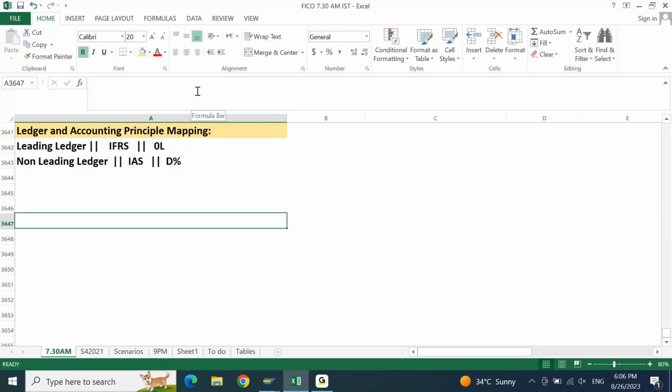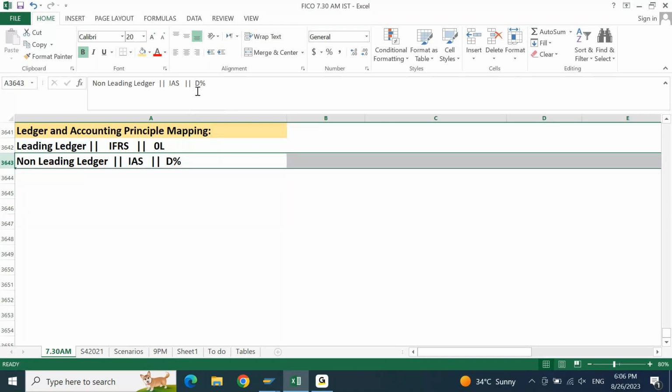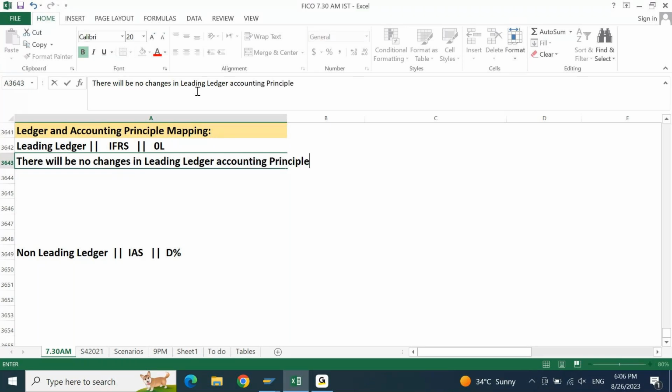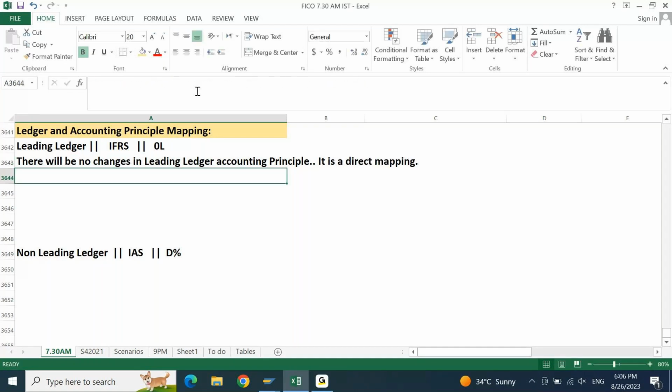Point number one. There will be no changes in the leading ledger accounting principle. It is a direct mapping. There will be no changes in the leading ledger accounting principle. It is a direct mapping, which means whatever the accounting principle you have for leading ledger, it will be a direct mapping. So what I will be doing,